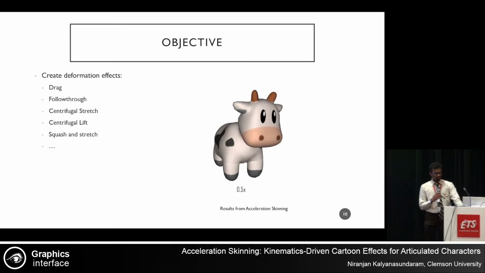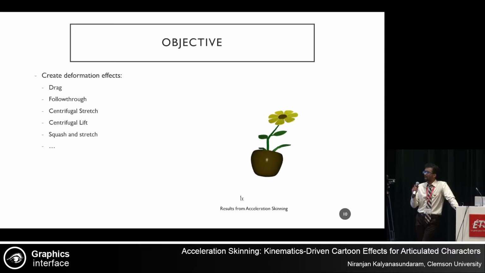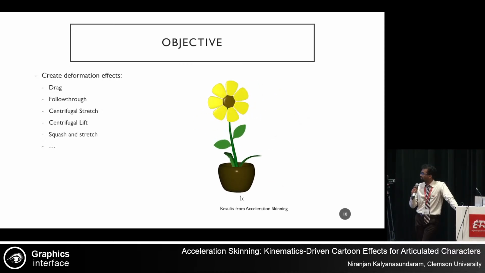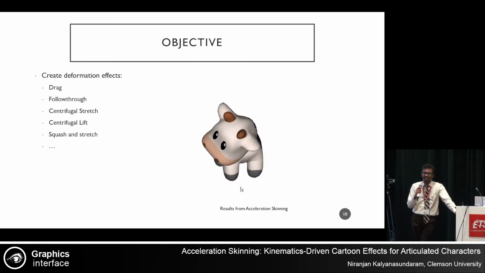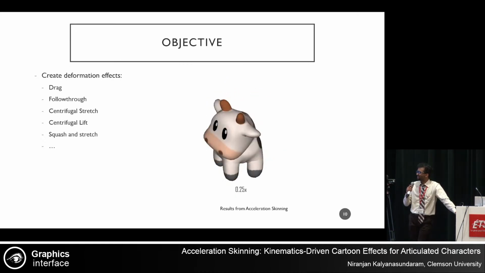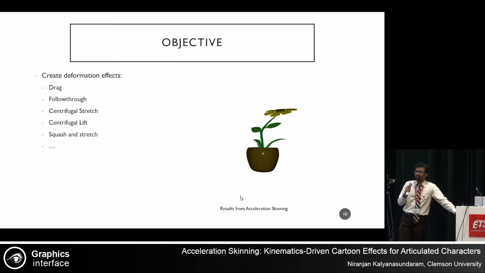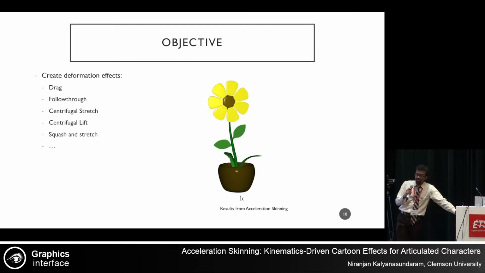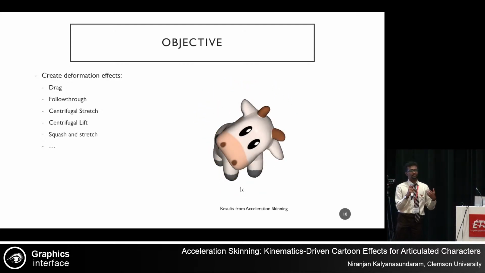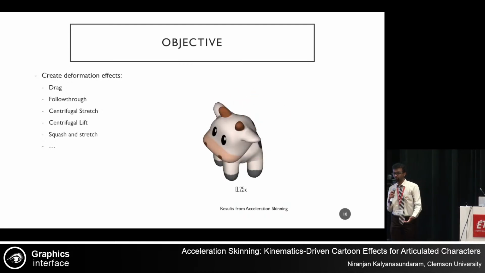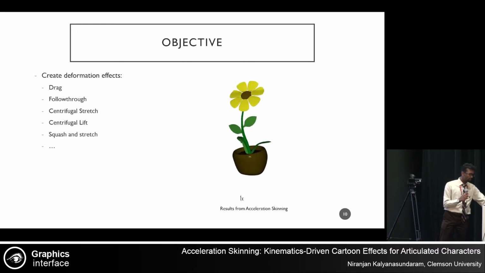So, what's our objective here? Well, we wanted to create some stylized deformation effects. And there's a big old laundry list of effects that you can see on the slides. We wanted to do this preferably in real time with not too much input from an animator. We wanted it to be sort of semi-automated, but at the same time, we wanted to keep the animator in control. We're not trying to replace simulations. We wanted to create an artist-driven tool.